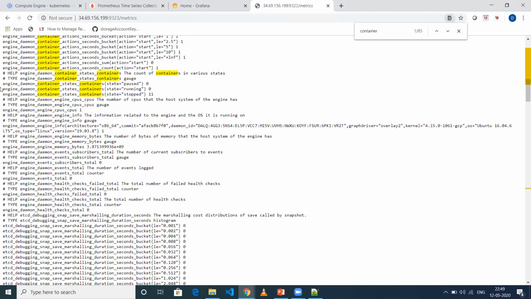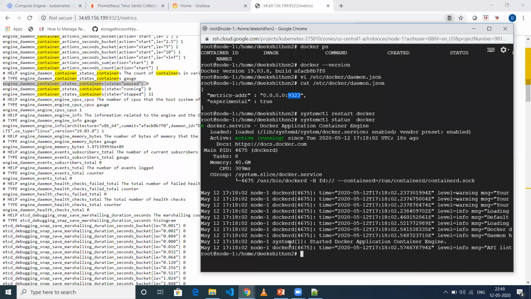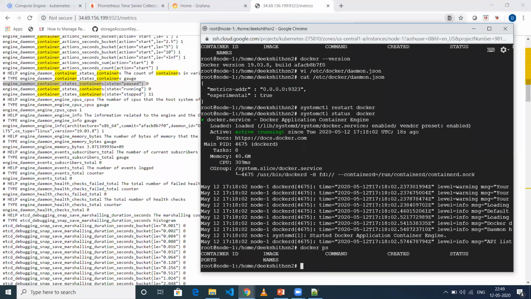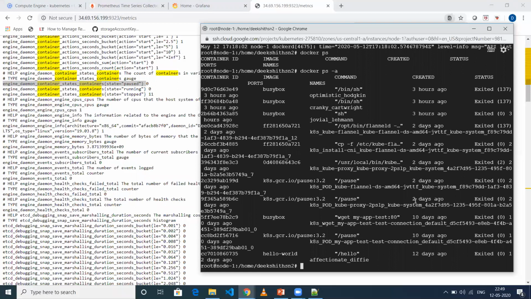If you see here, this is what I was mentioning: the count of paused containers, running containers and stopped containers. So let's go to this machine and check how many containers are there. Running containers, obviously it's 0, as we checked in the beginning itself. So docker ps -a, and if you see, 11 stopped containers are there.